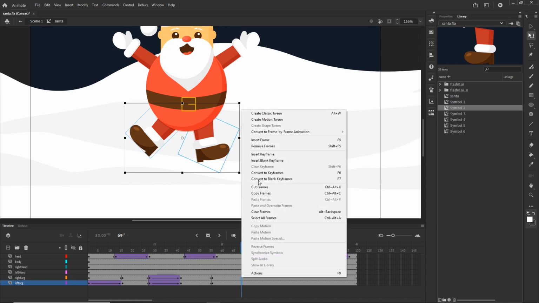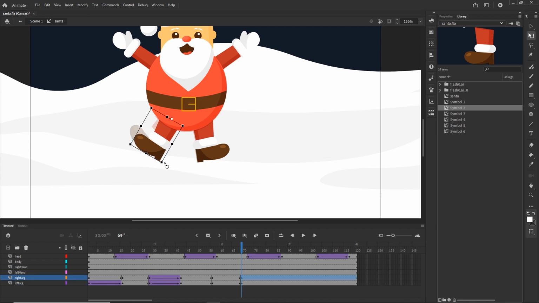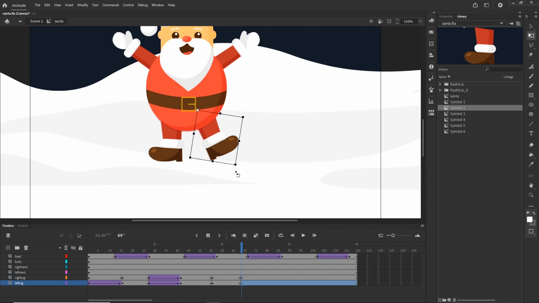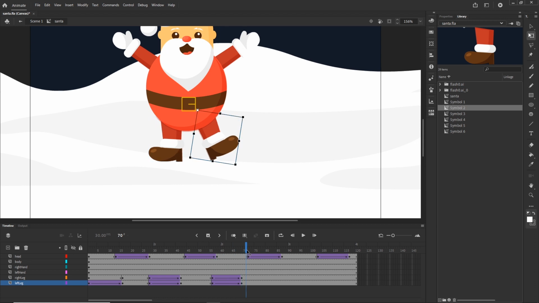You can right click and insert keyframes or press F6. And now I would like to animate this back to the position like so. And I would like to animate this maybe up like this. And I'm going to create classic tween like so. So we are going to have something like this, and then all I am going to do is animate this